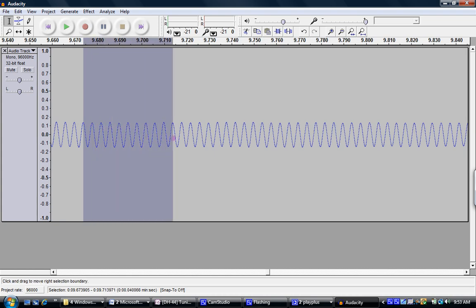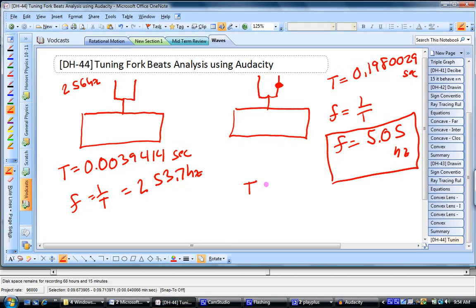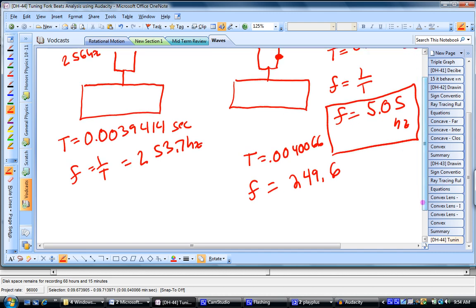We're going to write down that period, 0.004066, and when we turn that into a frequency by flipping it, 1 divided by 0.004066, we get 249.6. When we subtract those two, 253.7 minus 249.6, that gives us a difference in frequency of 4.1 hertz, which isn't as close to 5 as I would like,